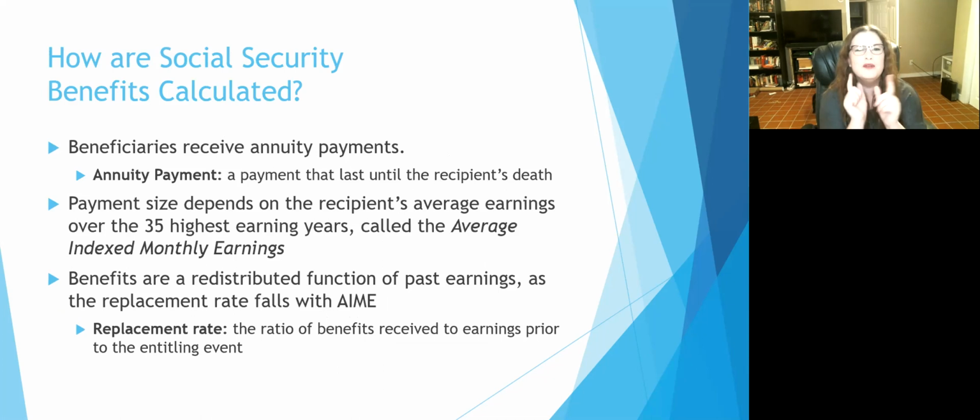So how are Social Security benefits actually calculated, right? Because you're going to get some amount, and the amount that you're going to get is going to be different from the next person in class, or what your aunt's going to get, or what your friend's going to get, right? That's because these are annuity payments. They're payments that last until your death. And these benefits,